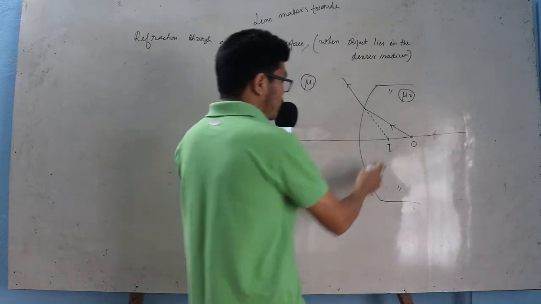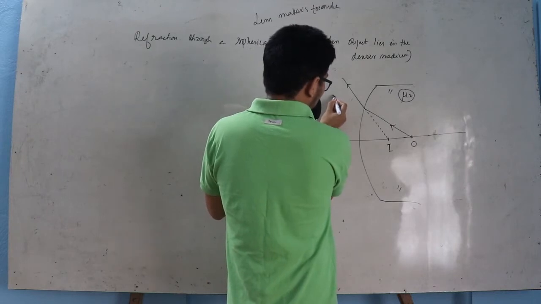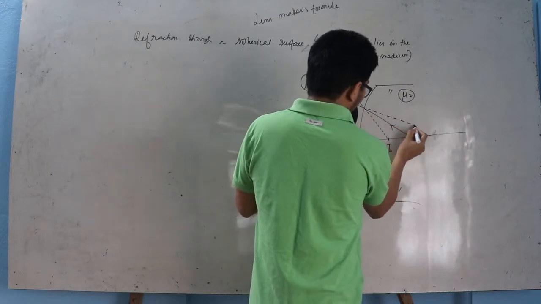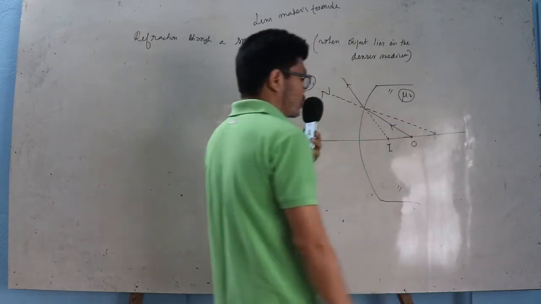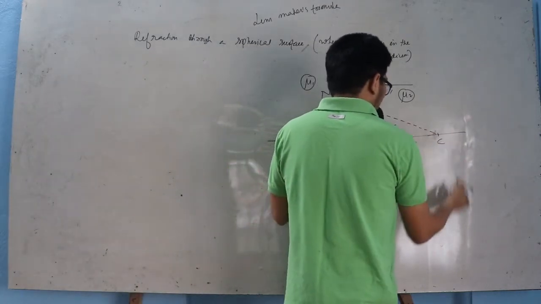So O is the object, I is the image. Then you need to draw one line which is perpendicular to the surface, and this line is what we call as the normal here. So this is your normal, and the normal must be passing through the center of curvature